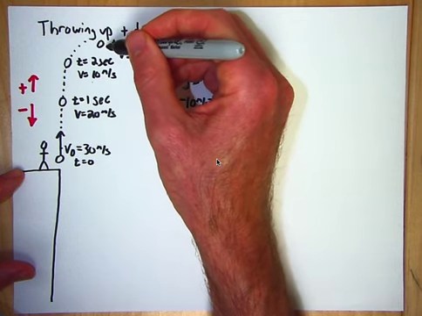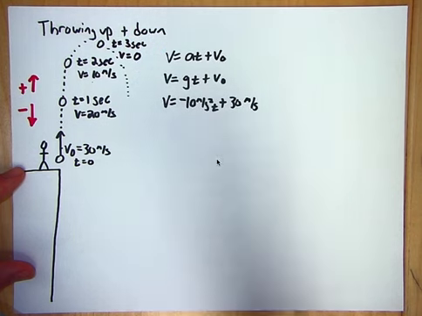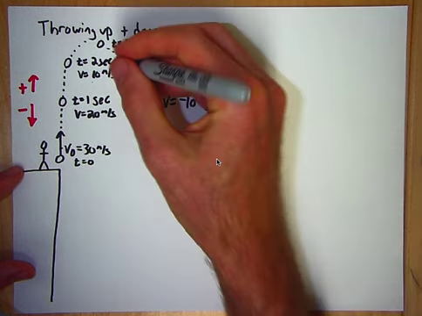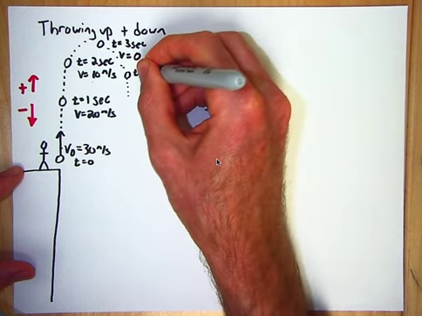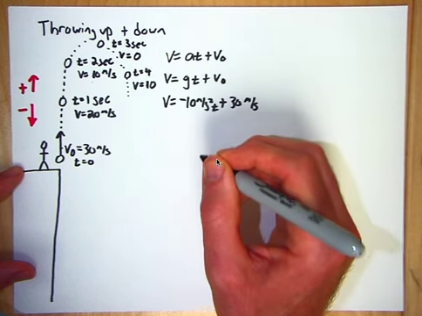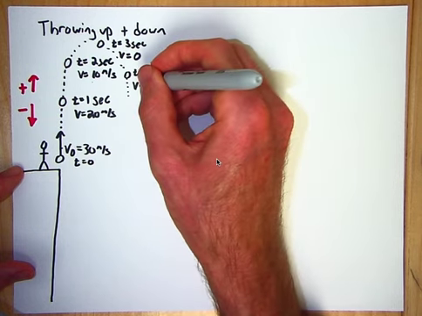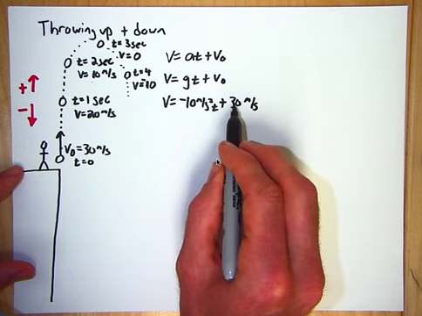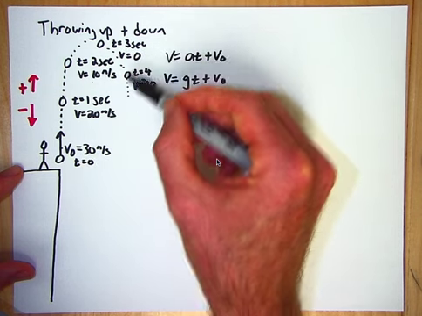At the top it's actually going to start to go back down now, so I got kind of crowded here, so we'll just make it go back down on this side. Now every second that goes by we're going to be adding in 10 meters per second. So if I'm over here, sorry it's getting kind of squished, t equals 4, my v is going to be 10, right? Plug it in here if you want to. Plug in 4 there. Oops, sorry, negative 10. Negative, very important going down, negative 10. Plug in 4 there, negative 40 plus 30, you'll get negative 10. Or you can see the pattern, 30, 20, 10, 0, negative 10,